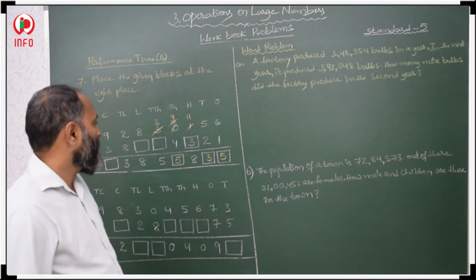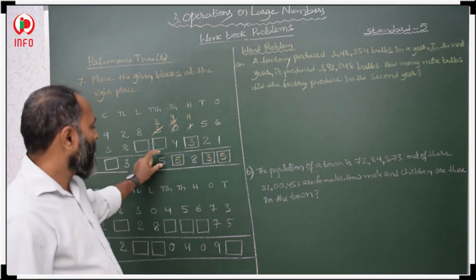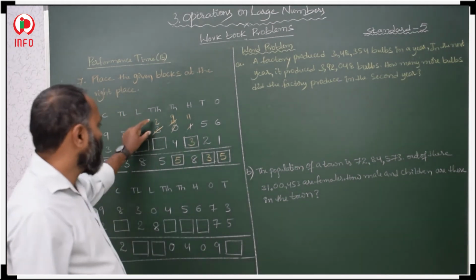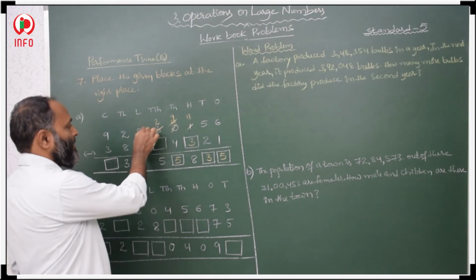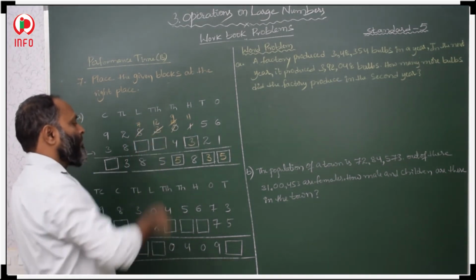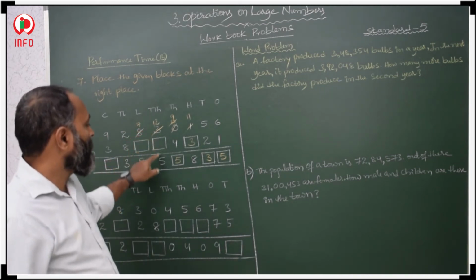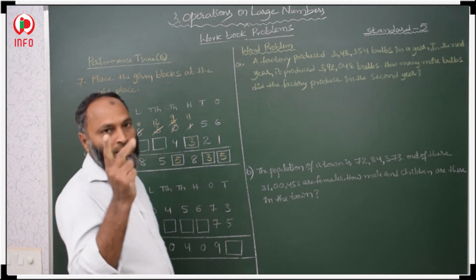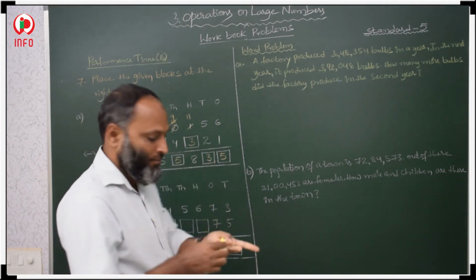Then 2 minus what is 5? Here the difference is greater. It's not possible, because my minuend is always bigger than the subtrahend and the difference. It means we have to take borrow from the next place. Here it is 7 and it becomes 12. 12 minus what makes 5? It means you have to count from 6 to 12: 6, 7, 8, 9, 10, 11, 12. It means 7.